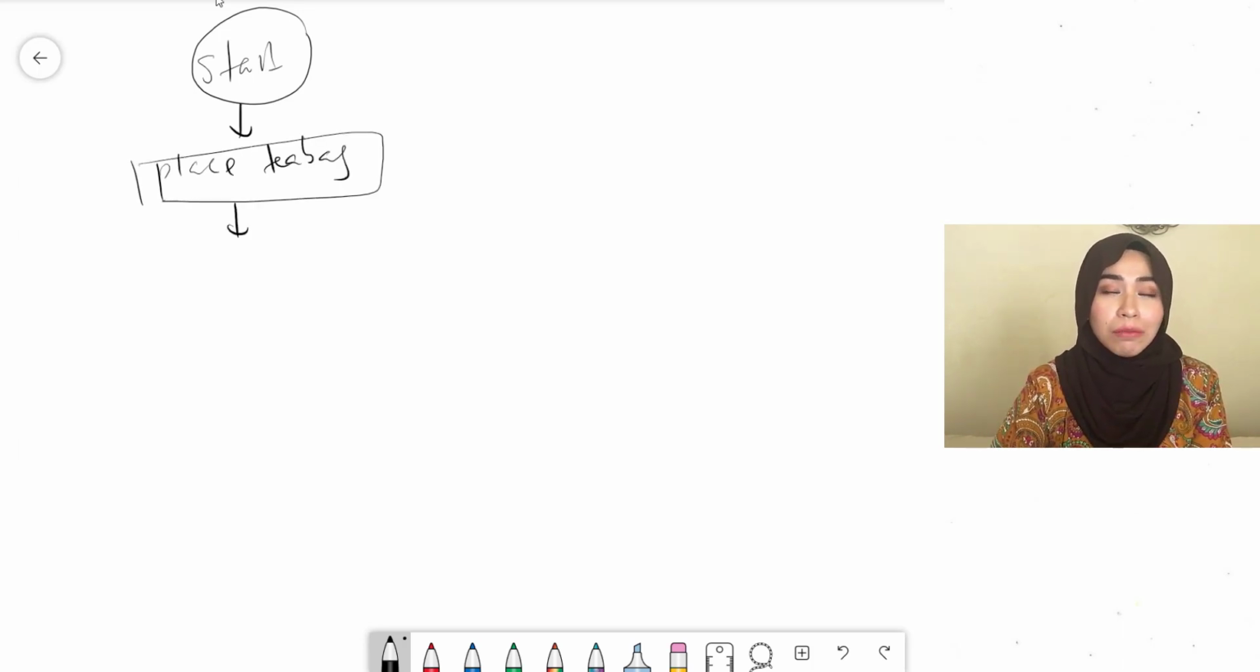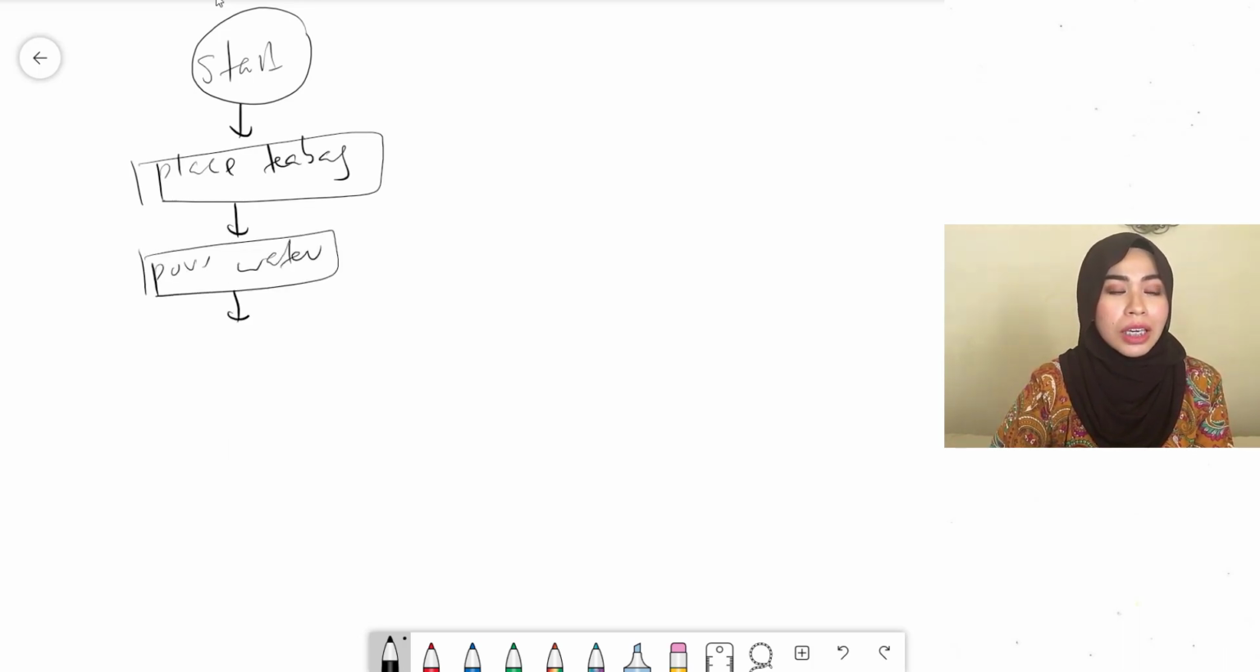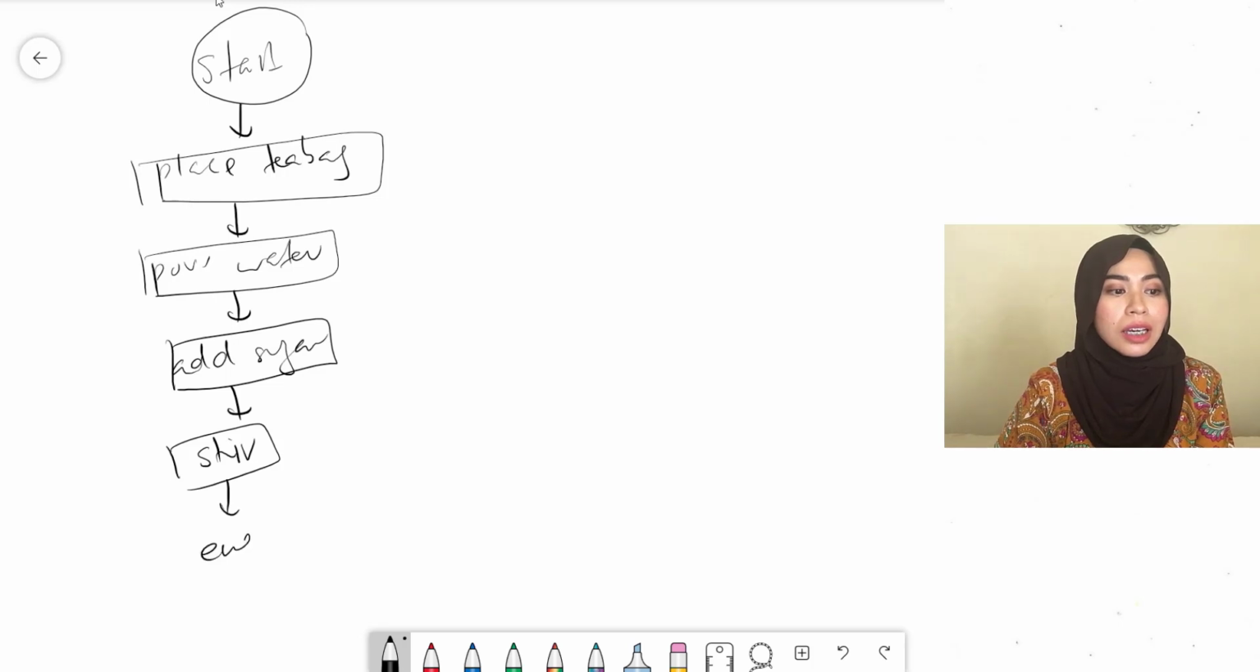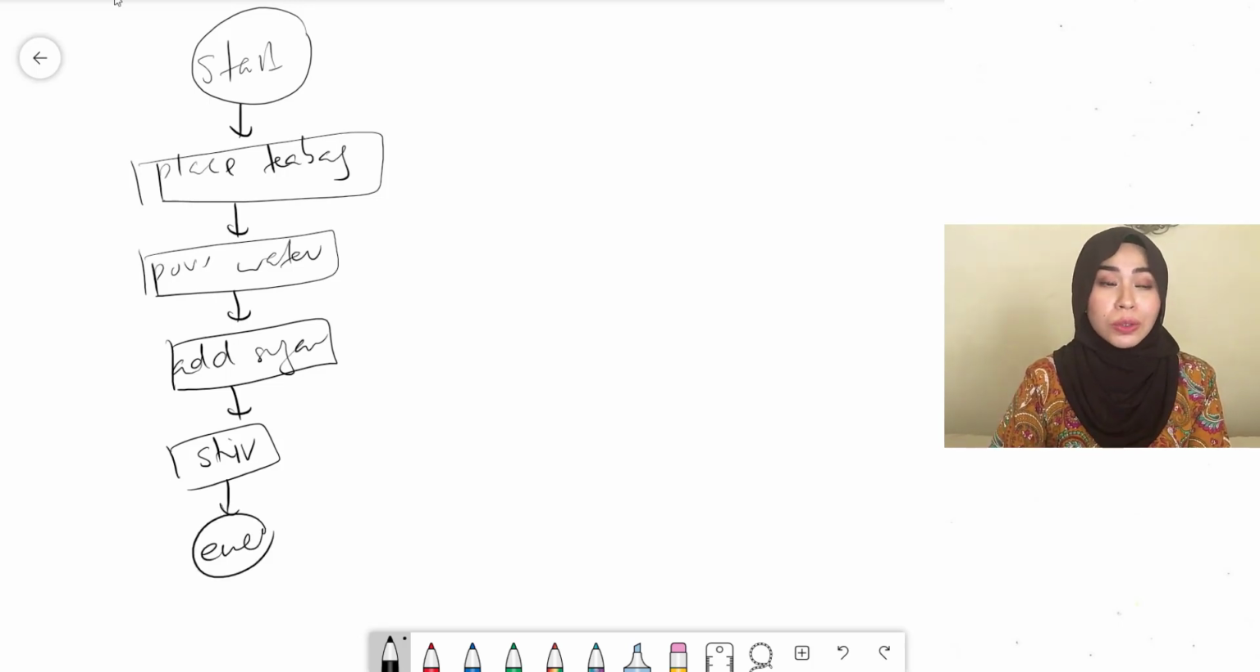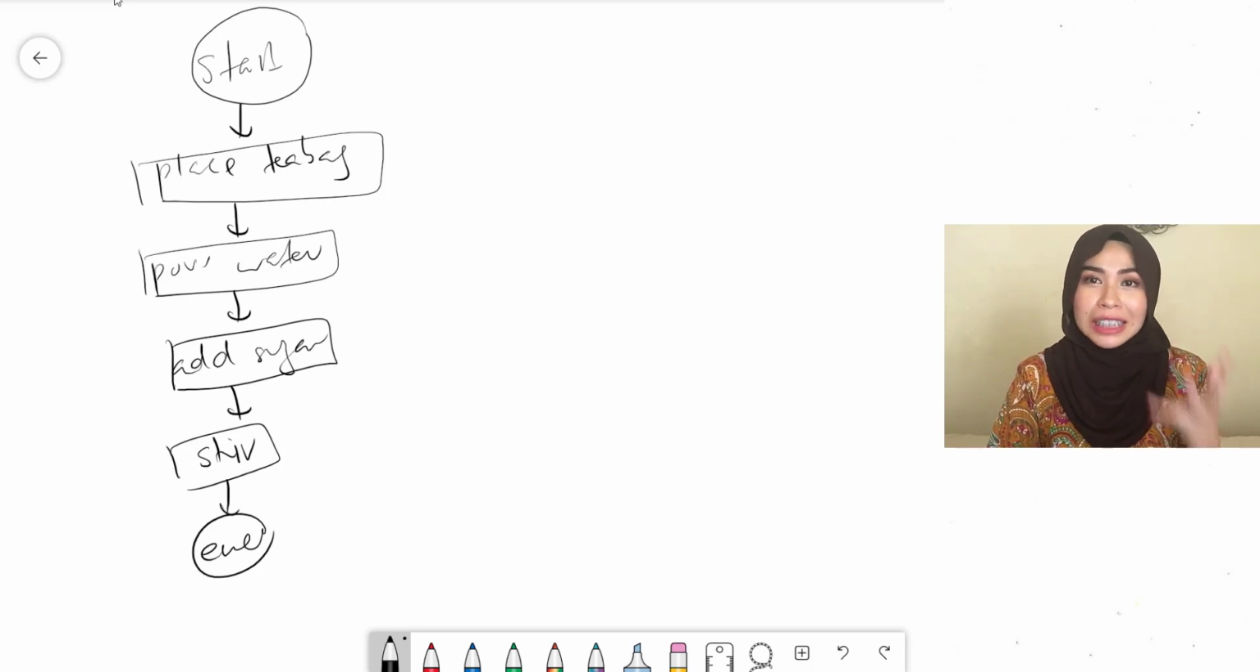Then after that maybe you can pour water. After that maybe you want some sweetness, so you add sugar. Then you stir. So this is my solution to create a cup of tea. This is done in sequence because you're following the flow. Firstly you place a tea bag, then you pour water, you add sugar, you stir, and then you get your cup of tea. But the thing here is, this solution doesn't cater to every case,